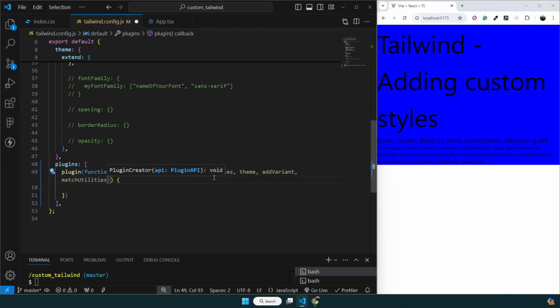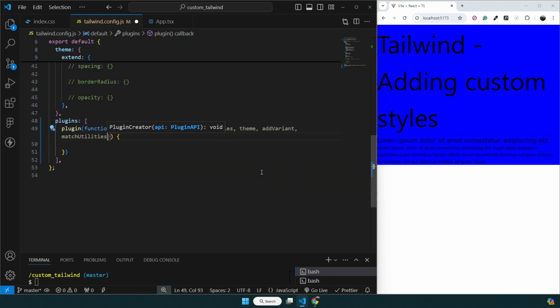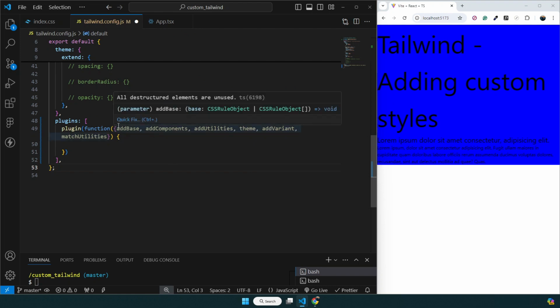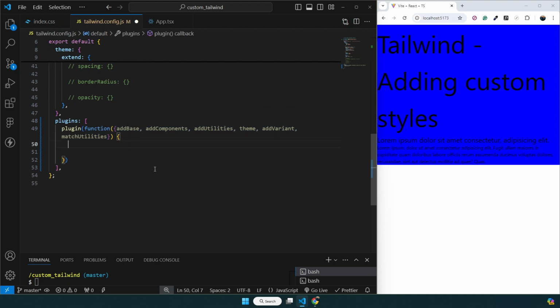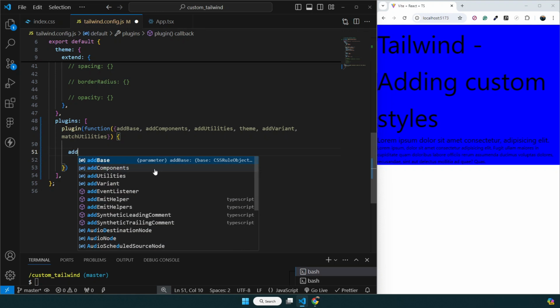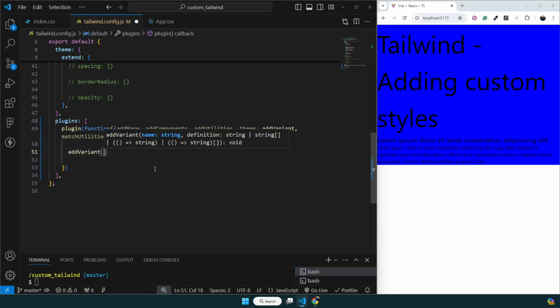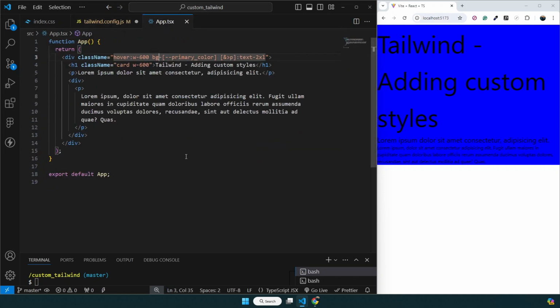Okay, so we will see all the examples for it and how we are going to use this. We can change or add style to Tailwind through these. So how can we do it? Let me give the example for add variant first. If you come back over here in our design, you see that we use something like this, right? And if you are using this everywhere, it kind of becomes